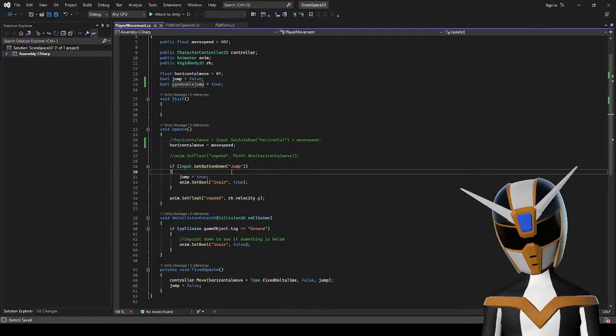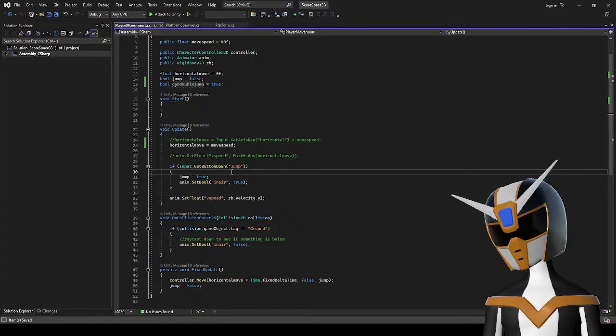I've never done double jumping with this setup before.